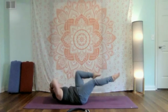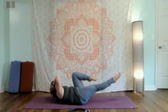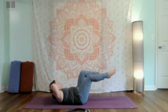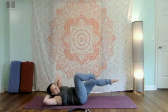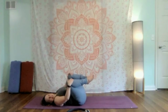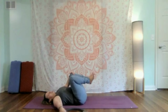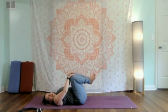Hips stay grounded. 3, 4, 5, 6 with a smile. 7, 8, 9, woo, and 10. Bring that down. Wiggle, wiggle, wiggle side to side. Whew. All right. So when we did the rollover a moment ago, that is the prep for jackknife, which we're